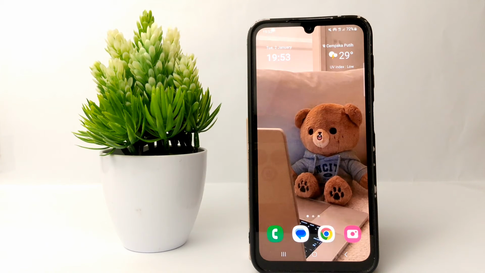So yeah, here's the tutorial on how to change the theme of the keyboard on